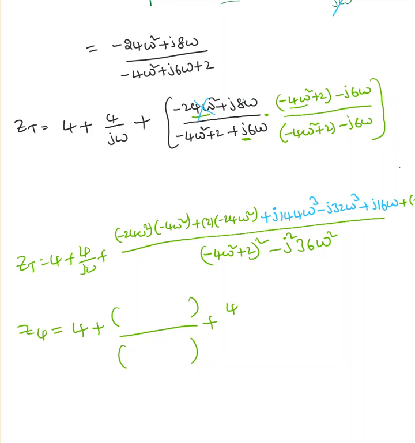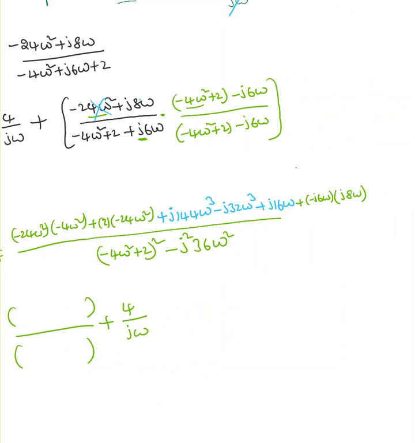Now imaginary part, I have 4 over j omega. Okay, and here I have plus j 144 omega cube plus